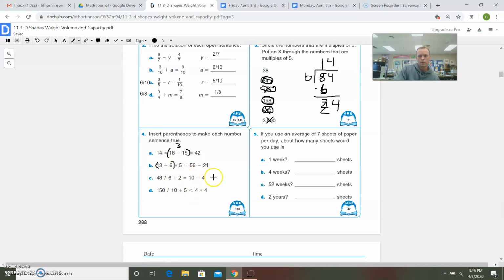Same down here. We can do this side. Go ahead and do that first. You know that this side is going to be 6. So on this side now, I got to equal 6. Well, 48 divided by 8, okay, is 6. And on this side, we're looking for a number that is less than,